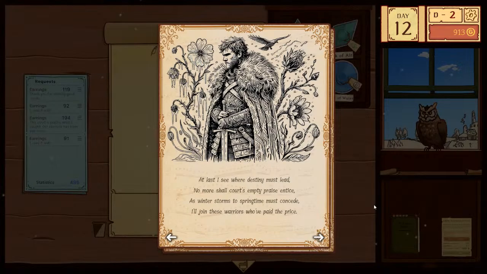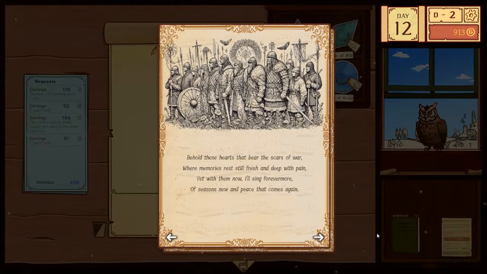As winter storms the springtime must concede, join these warriors who've paid the price. Behold these hearts that bear the scars of war, where memories rest still fresh and deep with pain. Yet wisdom now I'll sing forevermore, of seasons new and peace that comes again.